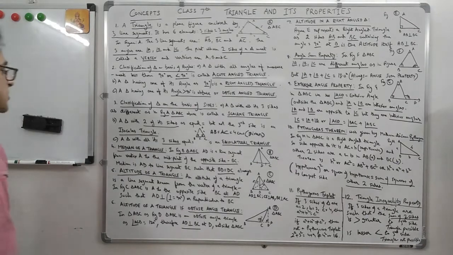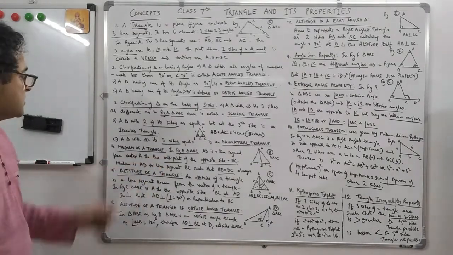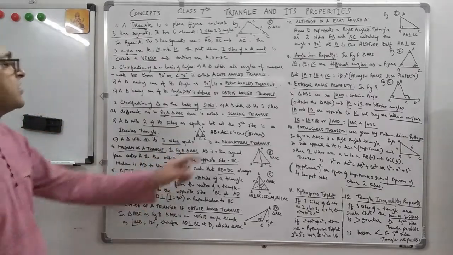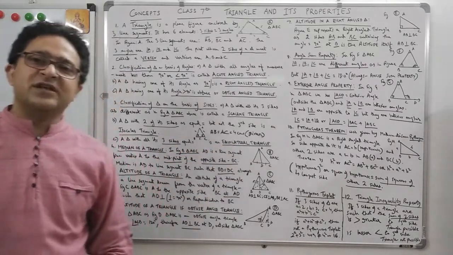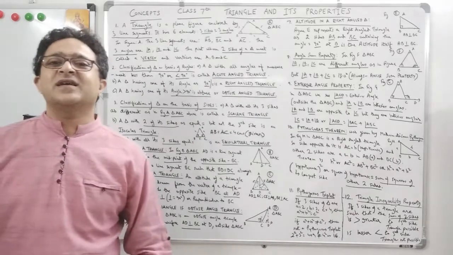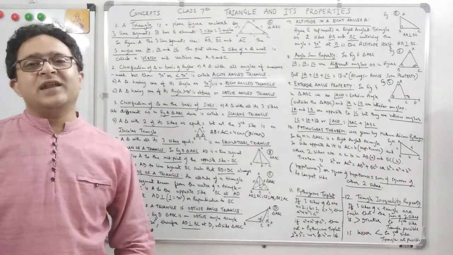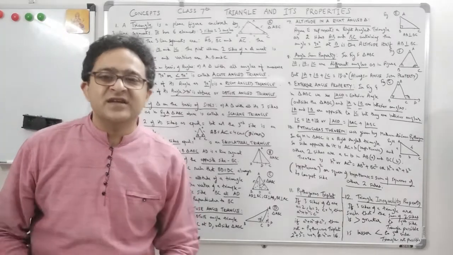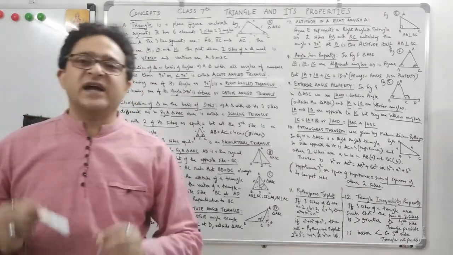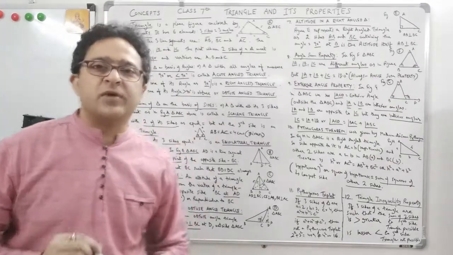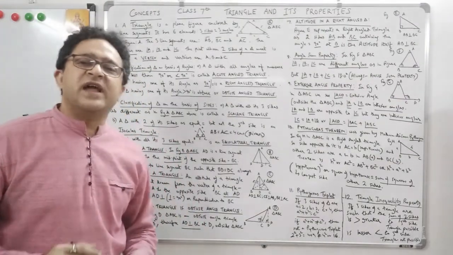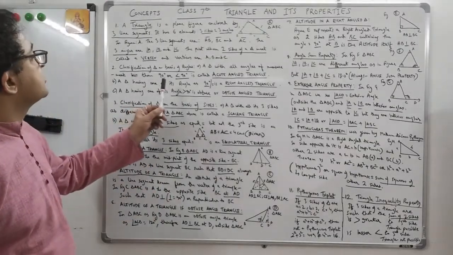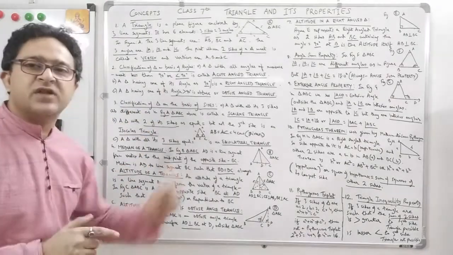Now let's go to the next one. Then the third part, a triangle with all its three sides equal is an equilateral triangle. It is an equilateral triangle with all the sides as equal. And what is this kind of a triangle? The angles of this triangle will be 60 degree, 60, 60, and the sides will also be equal. So that is about the classification of triangle on the basis of sides, and also we discussed classification of triangles on the basis of angles, and then we just discussed what is a triangle.